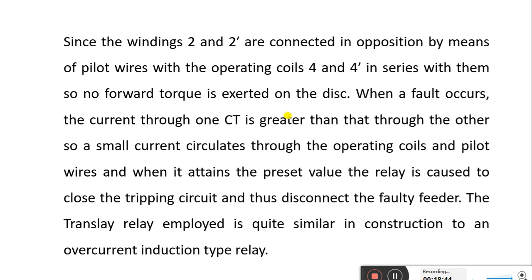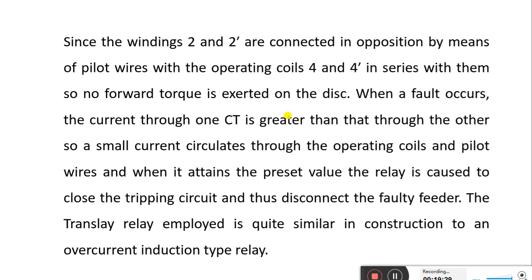When a fault occurs, the current through one CT is greater than that of the other, so a small current circulates through the operating coils and pilot wires, and when it attains the preset value, the relay is caused to close the tripping circuit and thus disconnect the faulty feeder. So the Translay relay is quite similar in construction to an overcurrent induction type relay. So this is all